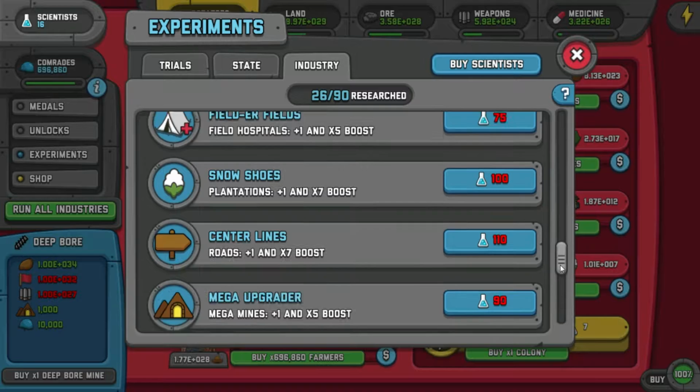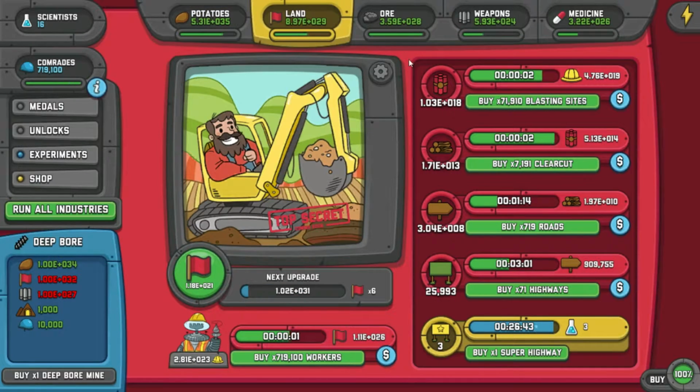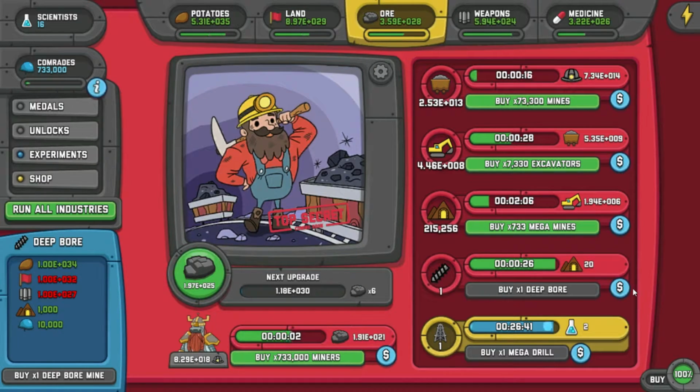Plantations we should get up more. Those are doing some alright stuff. I think the more hive upgrades would be crazy. I mean, we're getting tons of hives right now, but yeah, we're getting bottlenecked by a couple things. I think if we're looking to build up more, these are really the next big thing we're going to have to start building a ton of, and it's still the land and the